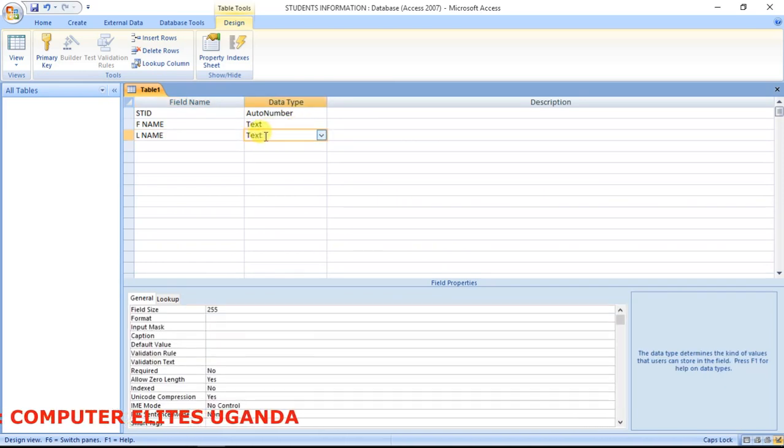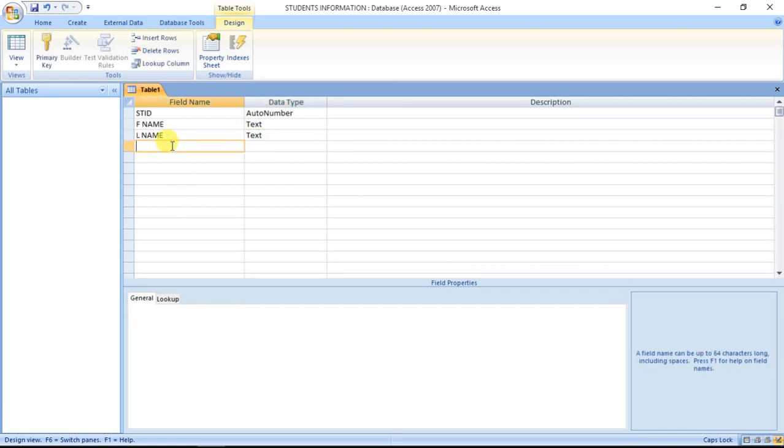We'll give it the data type text. We can as well limit the number of characters. We can say 18. Then field 4, we can consider the date of birth,